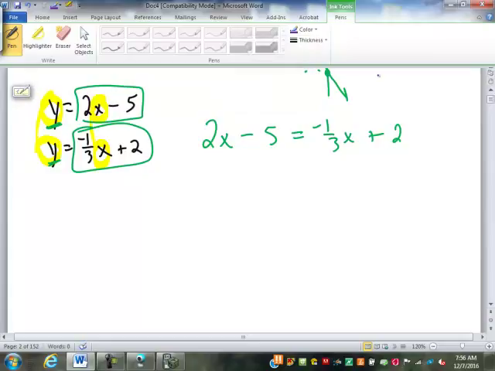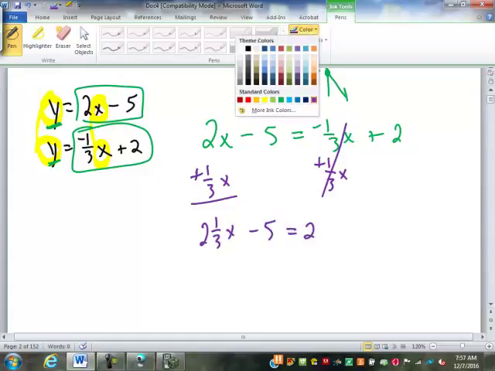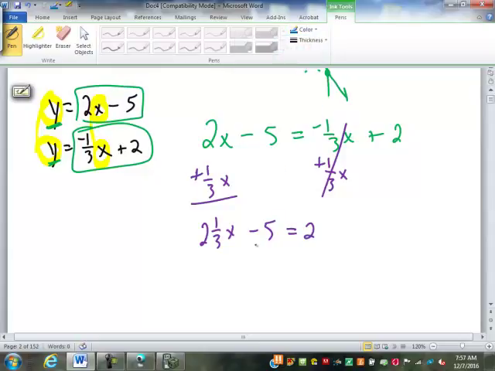Now because of that -1/3, this is going to get a little bit ugly, but not terrible. I'm going to have to get rid of one of the x's because there's one on each side. So I'm going to add 1/3. So we now have 2 and 1/3 x minus 5 equals 2. What are we going to do from there? Add 5. 2 1/3 x equals 7. And then